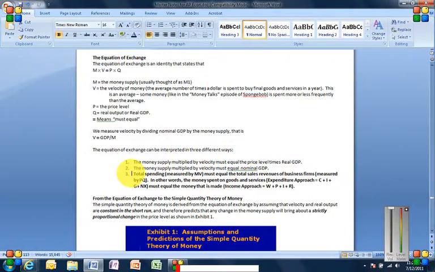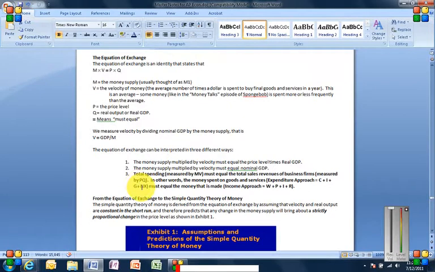That's another way to rearrange the right side of the equation. But this is really the key piece: M times V is total spending. Think about this. The money supply times how frequently it travels because it's getting spent must equal all the money that's getting made. All the stuff being bought is being bought for money. The left side can be thought of as the spenders giving that money to other people, and the right side as the people making that money, receiving it in exchange for goods and services.